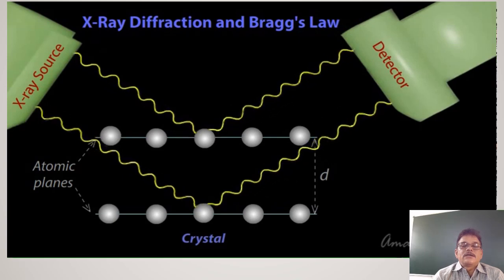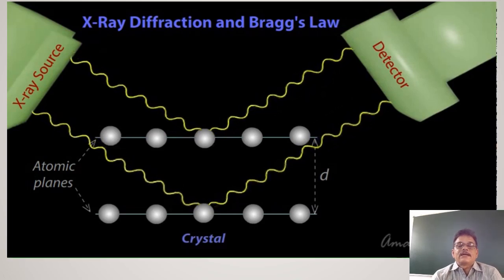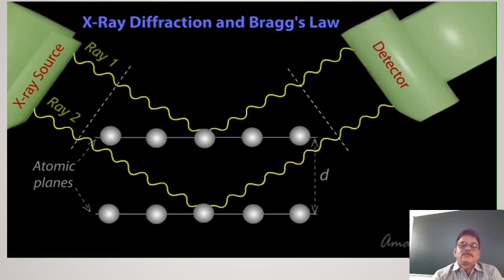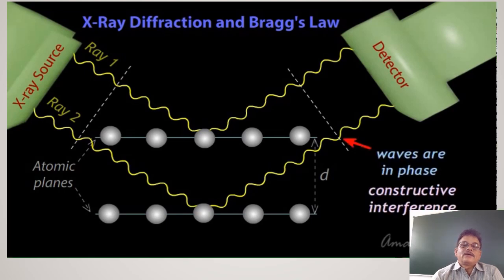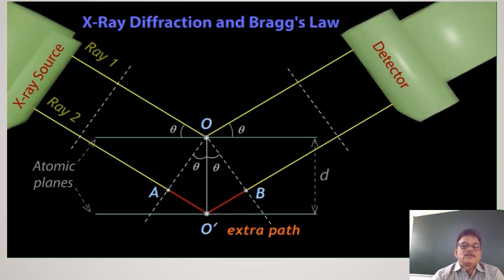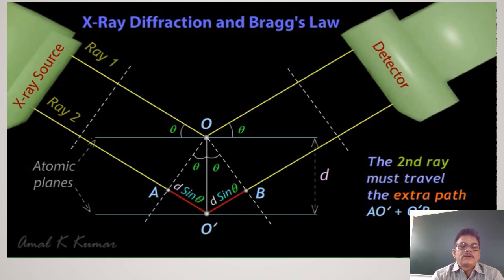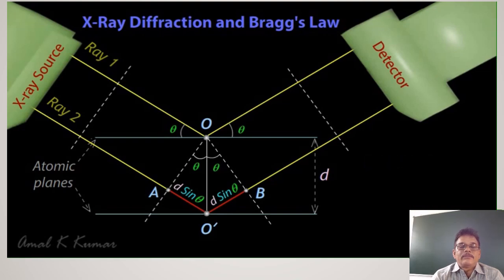Here if we observe, the diffracted rays are in phase. When we say that these diffracted rays are in phase, you observe this line here. The first line and second line have troughs on the same line. Trough falls on the trough and crest falls on the crest, so it is called constructive interference, right? Here OA, OB are perpendicular lines drawn. So AO dash becomes d sin theta, and O dash B becomes d sin theta, that is the extra distance.